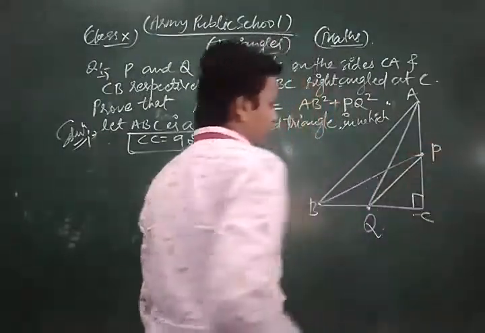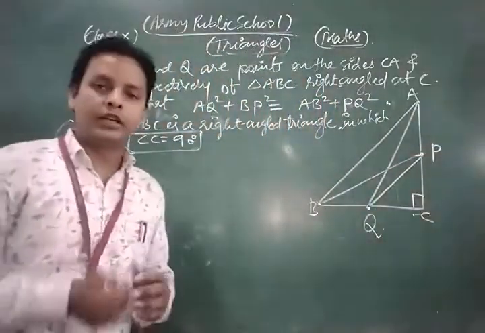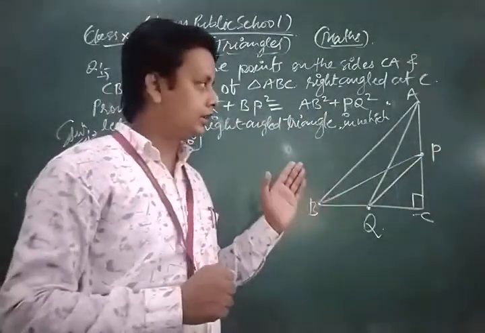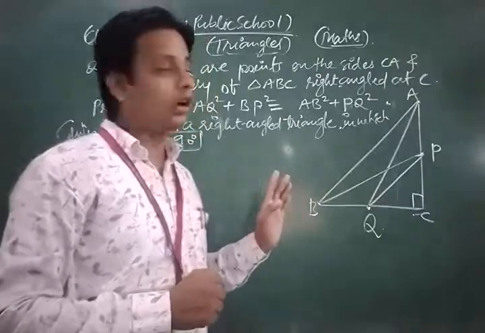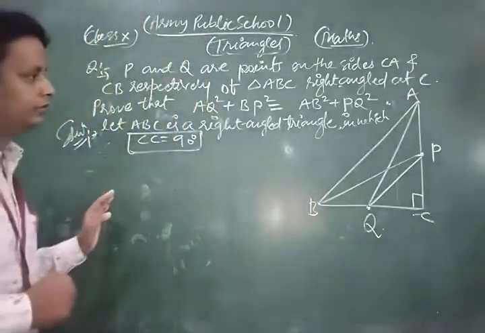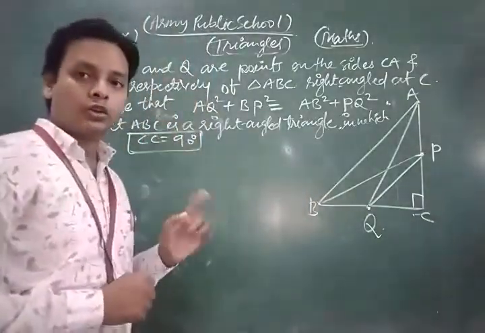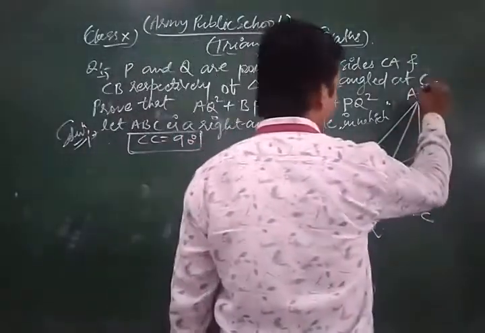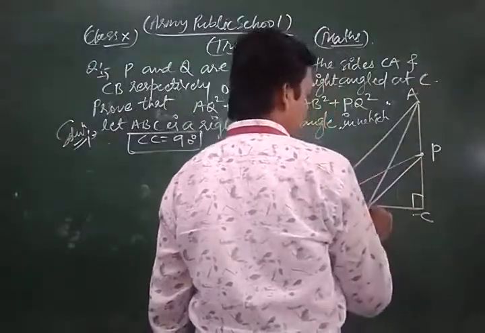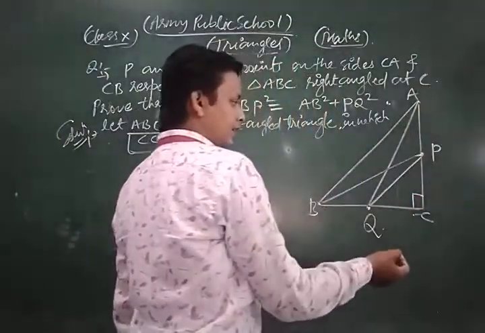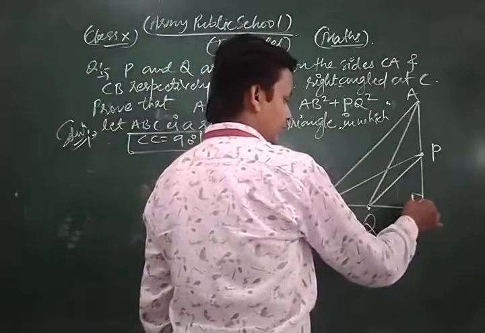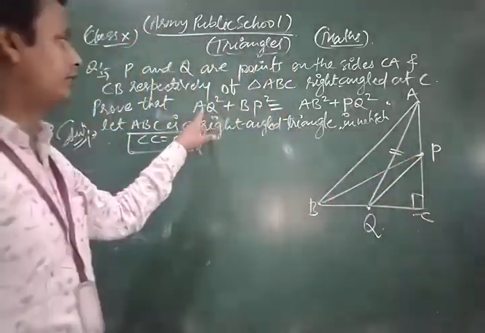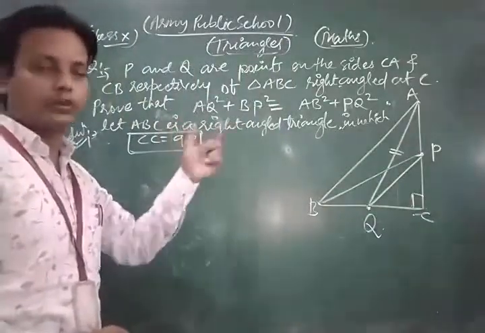So in this way, dear student, first of all, we draw that figure according to our question. Now look, we also know that AQ square. So AQ square is found in which triangle? So first of all, we take the triangle ACQ. Because ACQ is a right angle triangle and angle C is 90 degree. So here AQ is your hypotenuse. So first of all we find AQ square, according to the proof we go through.